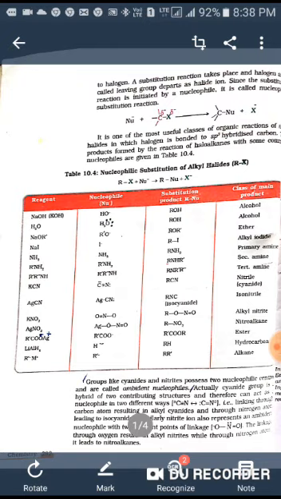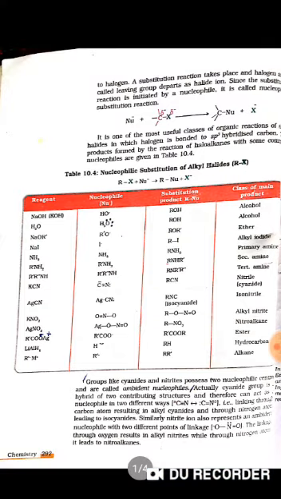Fourth one is NaI, the nucleophile of this molecule is I negative, so X negative is substituted by I negative, and we get iodoalkane or alkyl iodide. NH3, the nucleophile of NH3 is NH2 negative, so we get RNH2, this is a primary amine. RNH2 reagent, the nucleophile of this molecule is RNH, so we get the secondary amine, which is denoted by RNHR'.